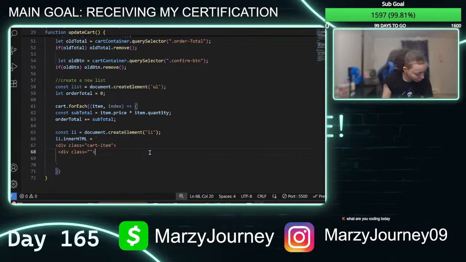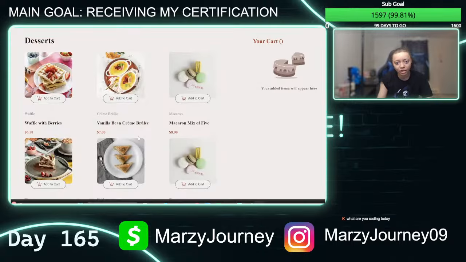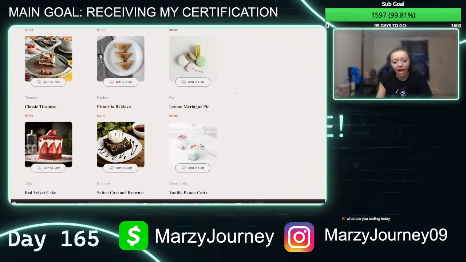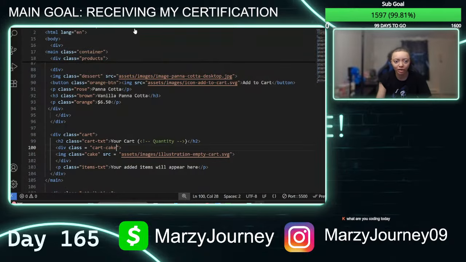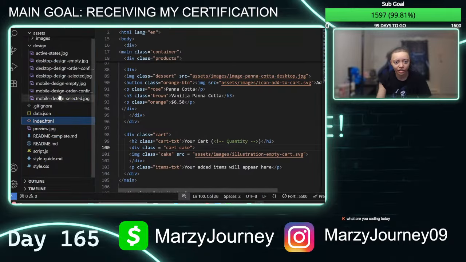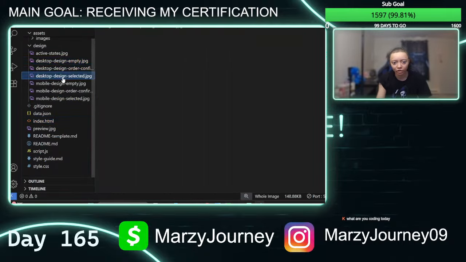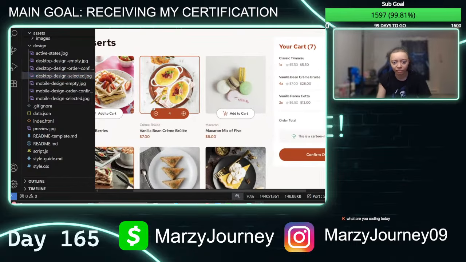Close that out. You asked, what are you coding today? I'm coding this cart. I'm coding this front-end mentorship website where we have to be able to add to the cart. It comes over here and then it appears in the cart, and when you exit all out, it comes back to this screen. So I'm going to try to add all of what I need in here to replicate what they have. I'm probably not gonna replicate it to a T. Something kind of scary for me is the button, the way they want you to do the button, because this is what they want it to look like when it's clicked, but I don't know how to do that.